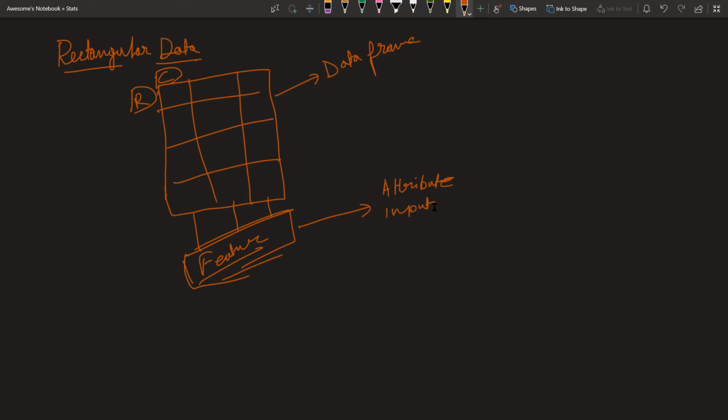They are also called predictor and variable. These are the nicknames of features, and a feature is nothing but a column. That's the relationship here. I hope this part is clear.